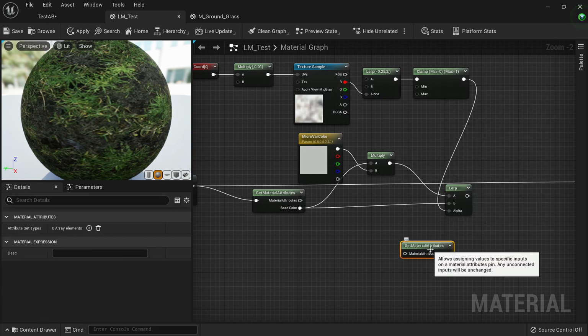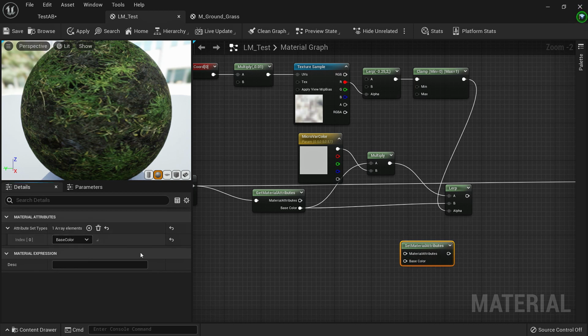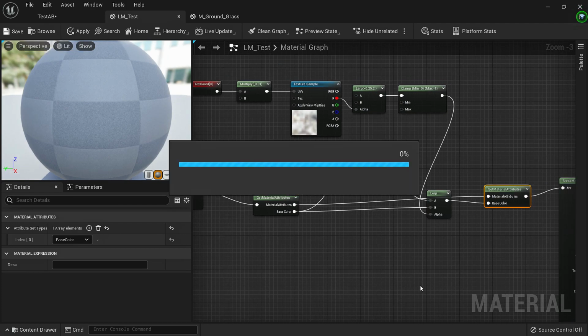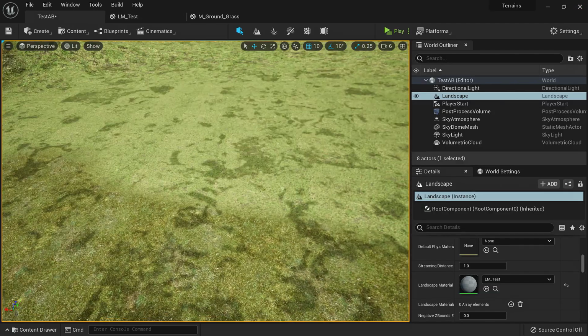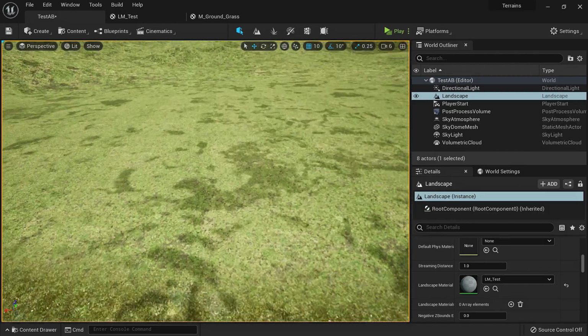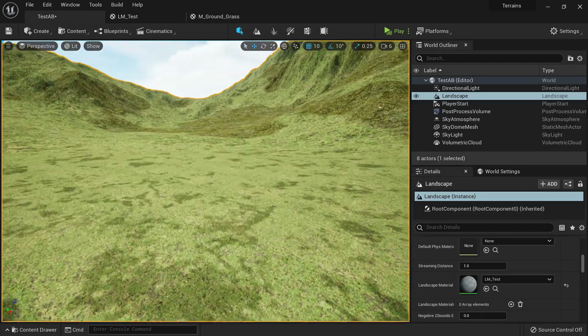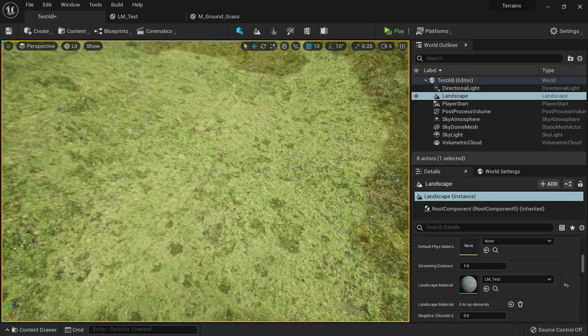Another set material. So you take all of the material attributes from before and then choose the base color, so it will only overwrite the base color. So if you connect it, click save, and as you can see here, you get all of the small texture variations. And now we do not have any tiling anywhere, and it's looking pretty good.